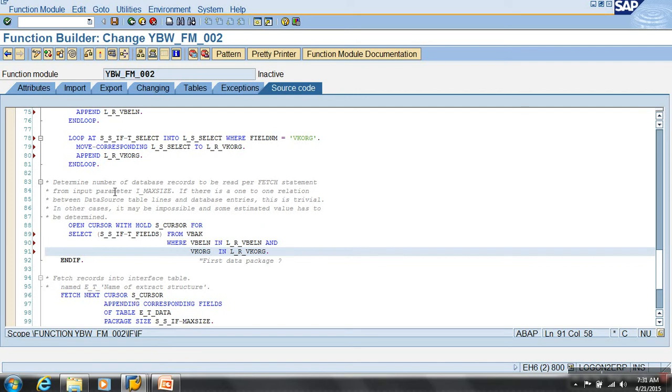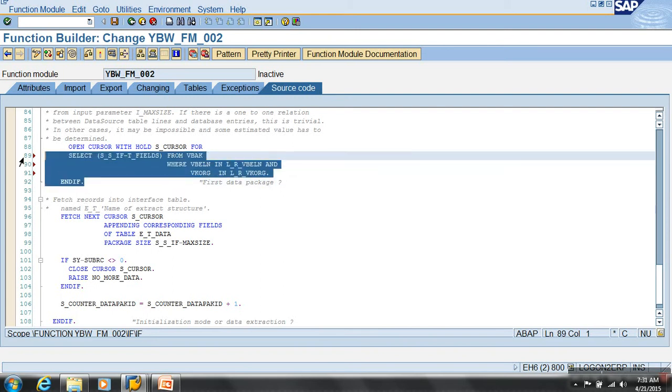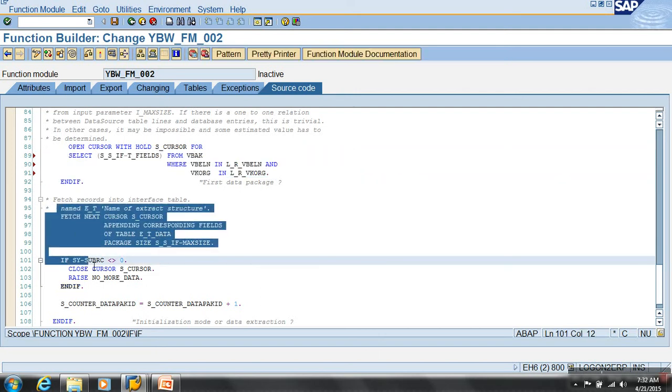When it is called for packet 0, it has to open and then fetch also. So that's why this is not in the else part. Else, end if. Only when the packet ID is 0 it will perform this. But when the packet ID is 0, will it perform this code also? Yes. It performs the entire code when the packet ID is 0, open and fetch also. But when the packet ID is not 0, it will perform only fetch. Then what next?